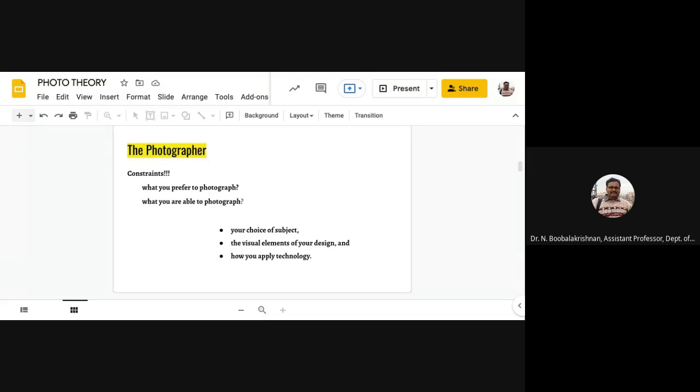So, thinking of the target audience, there are two things: what you prefer to photograph and what you are able to photograph. It depends on the various factors we listed here. All these factors influence what you prefer to photograph, or rather what you're able to photograph. I'm repeating: the fondness, preference, your specific intention for the picture, consciously taking a focused and properly exposed picture, capturing strong emotions, and short-term intentions for the particular photograph. These things definitely influence the results of the photographs.